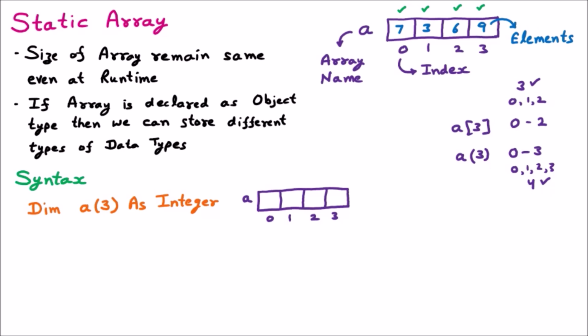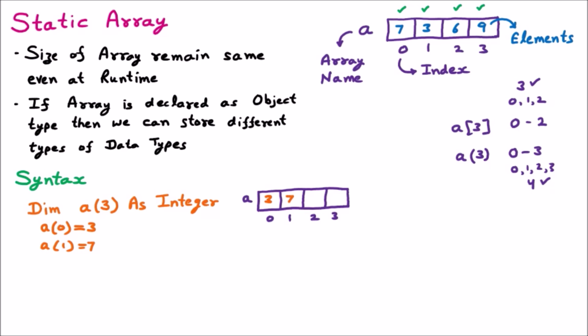Now here we can define certain values. Let us suppose we are initializing. So first of all we will be taking A. Now it is starting from 0, so we are mentioning A(0) is equal to 3. So 3 will be coming here. Now if I am mentioning A(1), that will be equal to 7.